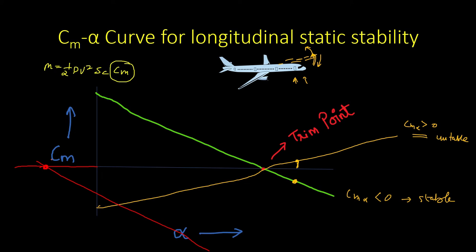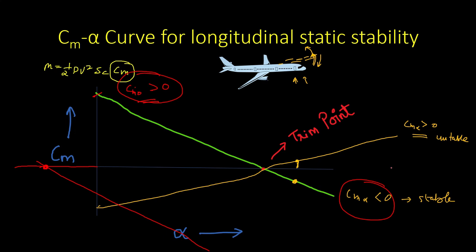So generally the airfoils are made in a manner that aircraft attains a positive lift at either a positive angle of attack or even zero angle of attack. So Cm naught should be a positive number and it should not be a negative number. So this green line basically denotes a good Cm alpha curve. So the two conditions for the longitudinal static stability of the aircraft are: Cm alpha curve should be negative, and the second condition is that Cm naught should be positive. So these are the two important conditions for Cm alpha curve or longitudinal static stability of the aircraft.